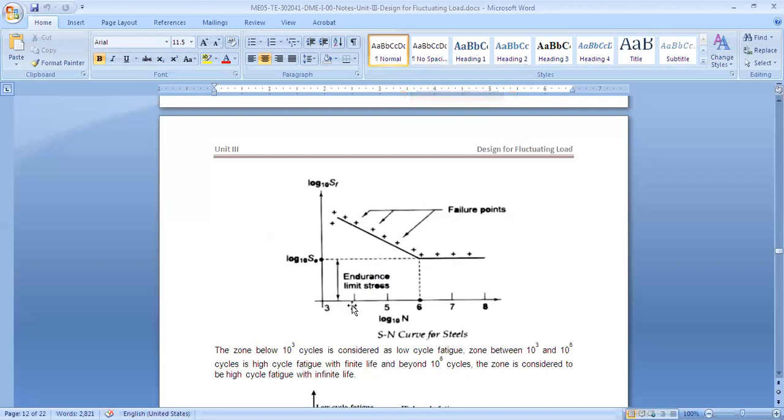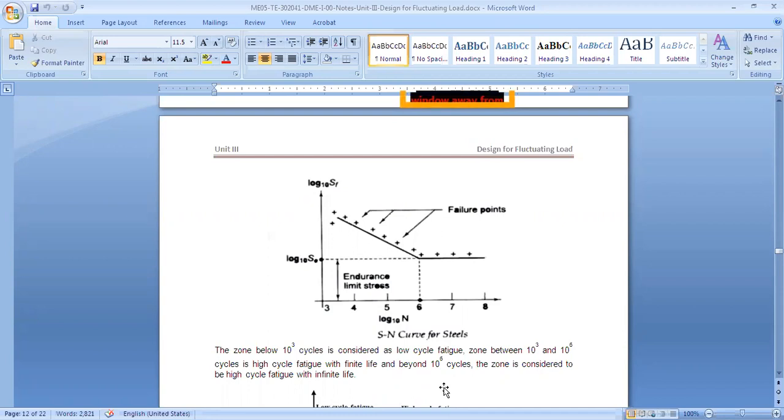So like that, on the x-axis we have the number of cycles, right? So here 3, 4, 5, 6, 7, 8 are the number of cycles of rotation in the endurance limit test. Sorry, 3 means 1,000, 4 means 10,000, 5 means 1 lakh, 6 means 10 lakh, and 7, 8 are not relevant, because once your particular element or product survives for 10 raised to 6 cycles, we call it infinite life. It will survive for infinite life. We don't need to worry about 10 raised to 7 and 8.